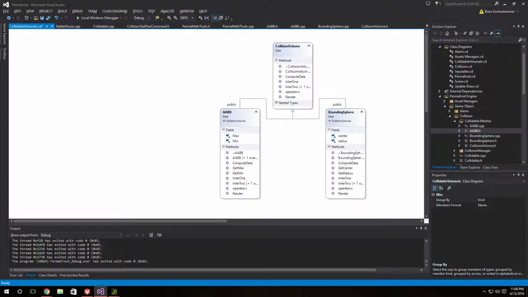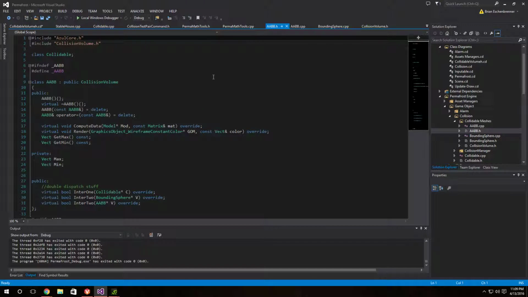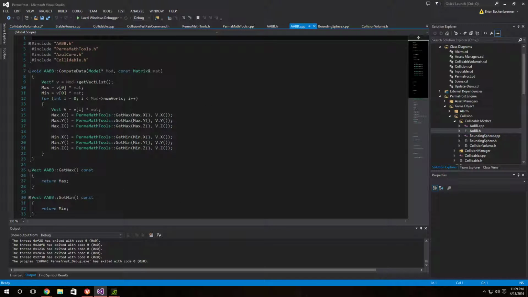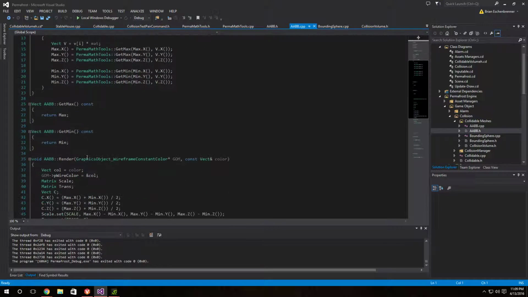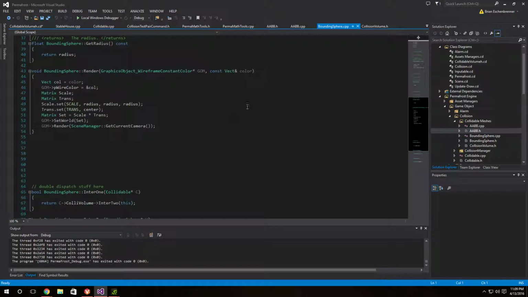So for Sprint 2, we had to add the ABB collision and then the collision between the ABB and the bounding sphere. To start off, I added the new collision volume of ABB. It's very similar in layout to bounding sphere. I just compute the data, which gets the min and max for every frame, and then I added render to both bounding sphere and ABB for the visualizer